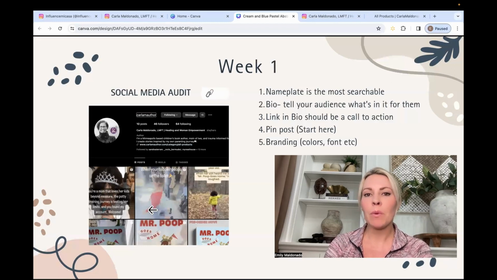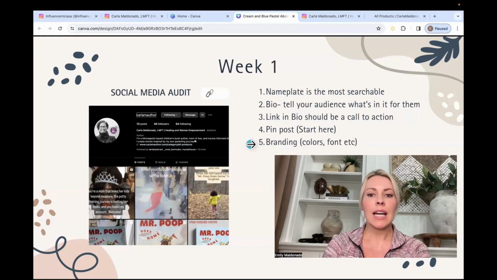This is a great way when your account is new and you're trying to tell people what your page is about. You can create an introduction pin or a start here kind of a pin. You can make a cover on it that says start here, or begin your journey here, or intro to this account, or what you can expect. So you can title that cover page so that when someone drops on your page, they can look at that post first.